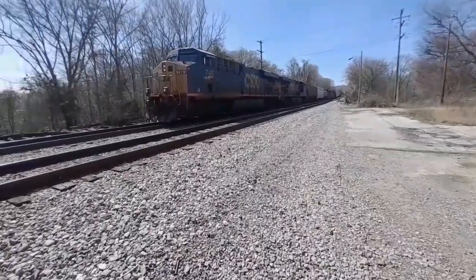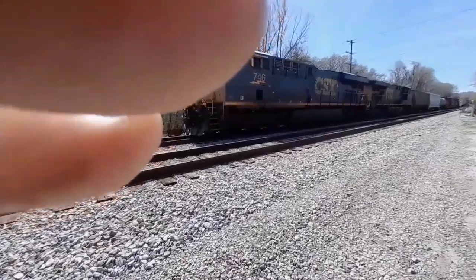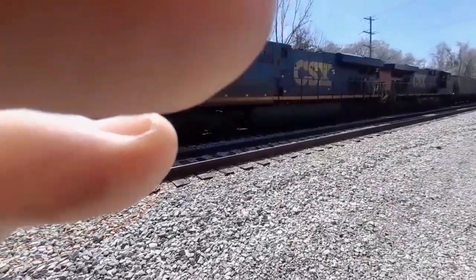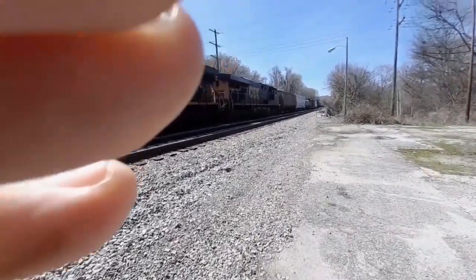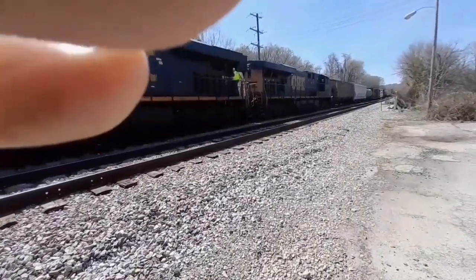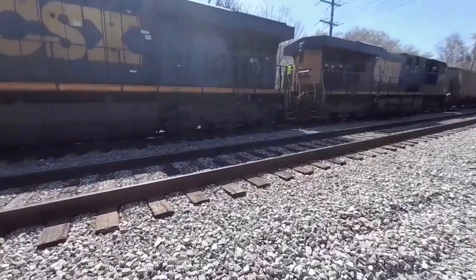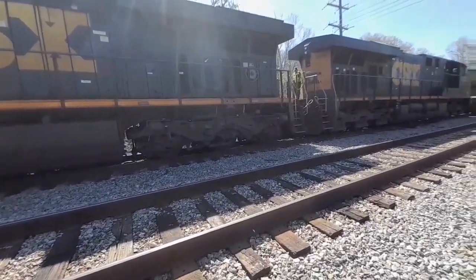Alright. 746 is the ES4488. It's set up with distributed power. And F is on the front. Radio truck, AC locomotive. Rigid frame trucks down here, 5289. It's setting up the brake. Mashing buttons. Taking up the chain on both the